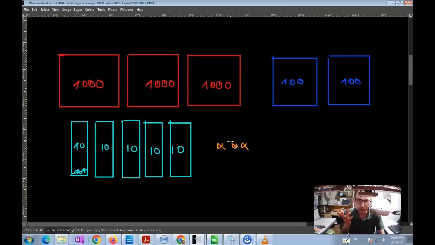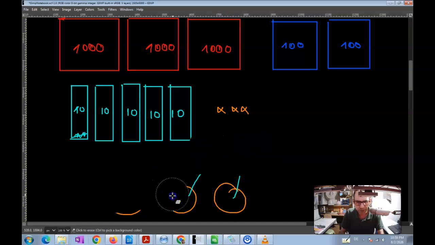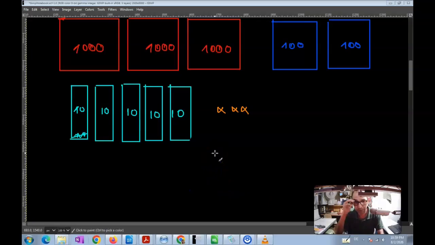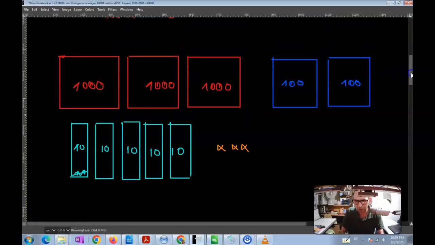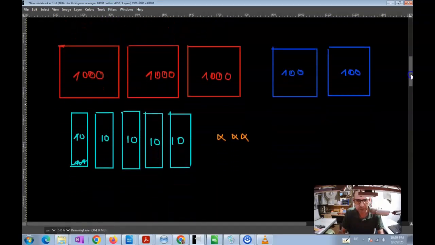Now I want to divide. So what's the best way to divide? In order to do the division, of course, you have to pick the best strategy that you can use. I mean the best strategy, meaning something that takes the least amount of time and is the most efficient way to do the division. So what we can do is that